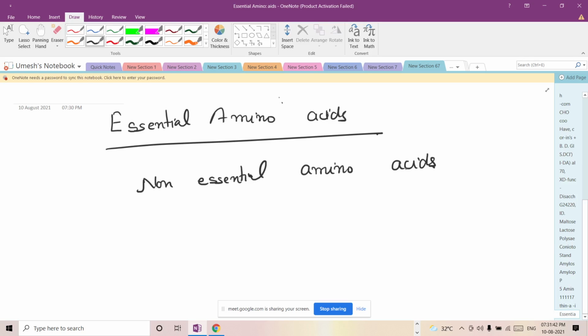We may take them in our body or we may not. Doesn't matter, right? If we take them in our food, that will be additional. Even if we don't take them in our food, there will be no malnutrition disease due to lack of them, because the body synthesizes them. But if essential amino acids are missing in our food, that may cause a malnutrition disease. Got it now? Alpha amino acids, essential amino acids and non-essential amino acids.